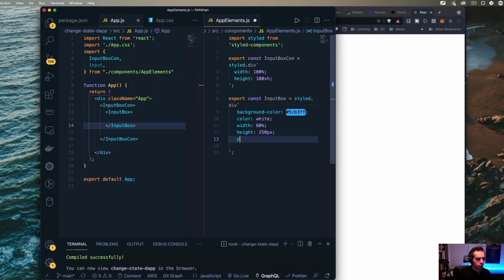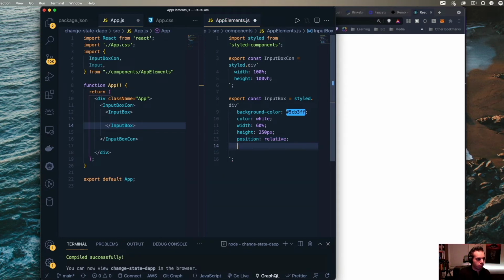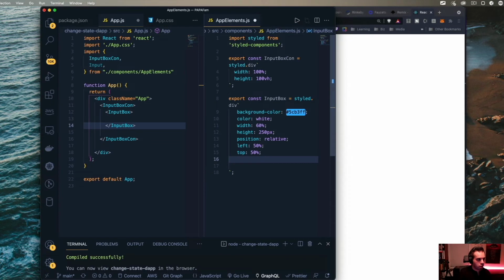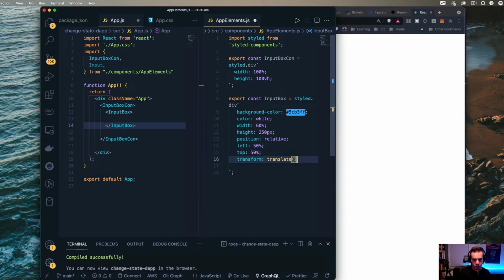We're going to also say this is position relative to where it is on the page. And then we're going to center it. So we're going to do left 50, top 50%, transform, translate, minus 50%, minus 50%.